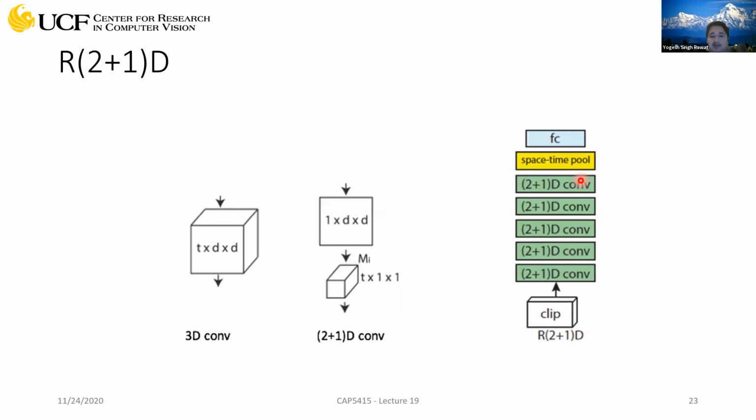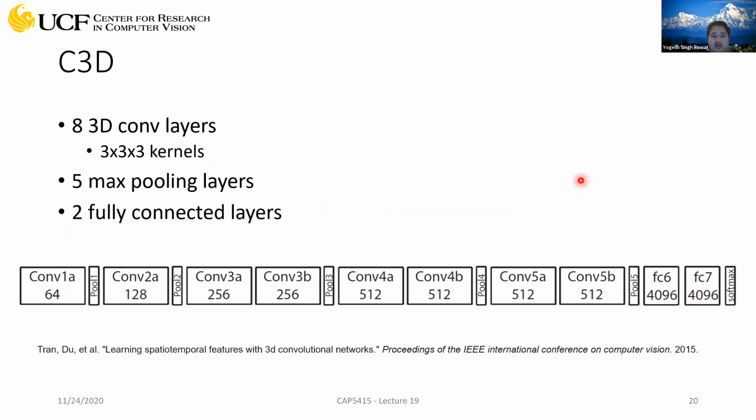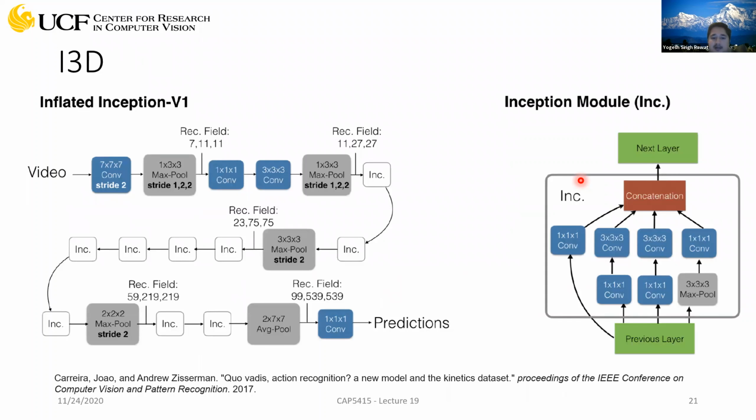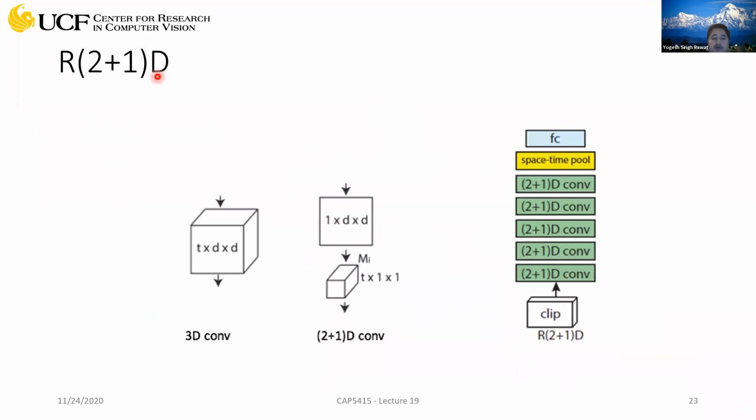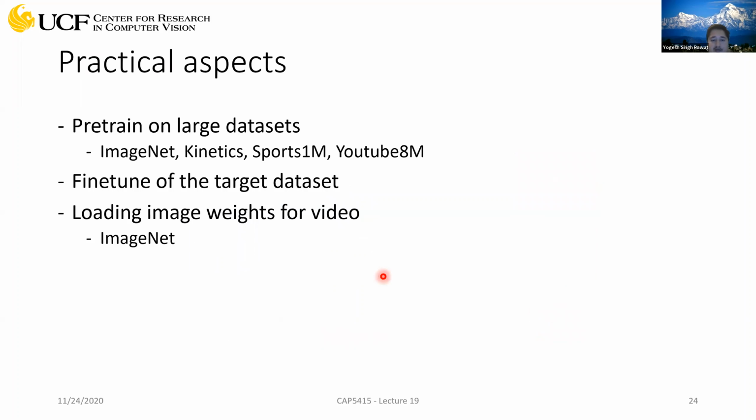There are many other variants as well, but these are representative, because this is the vanilla architecture which you can have using 3D convolution. This one is trying to introduce the idea of the inception block, where you have multiple kernels at the same time, trying to learn different sets of features. And this is another variation where you are breaking down your 3D convolution into 2D and 1D convolution. Most of the other variants you will see will be maybe combinations of these. And of course, there could be some new ideas as well, but these are the main architectures which you should know if you are looking into video understanding.